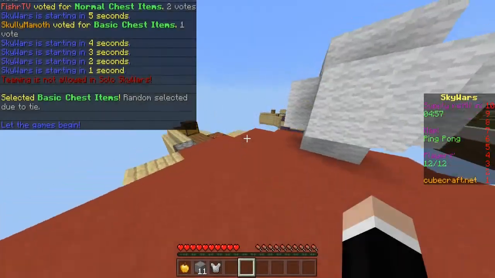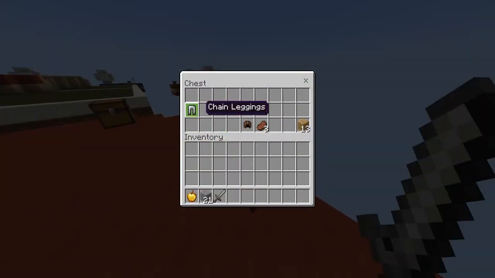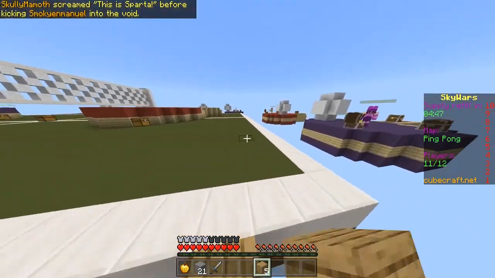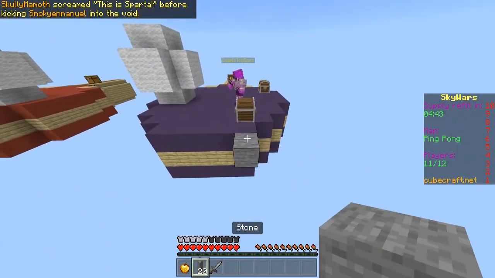When I spawn, I usually just go through all these chests normally, and I only grab armor, tools, and gapples. Right now we're playing with basic chests, so it's not the best. I'm going to go over bridging in a later part of this video, because bridging is very important if you want to get good at